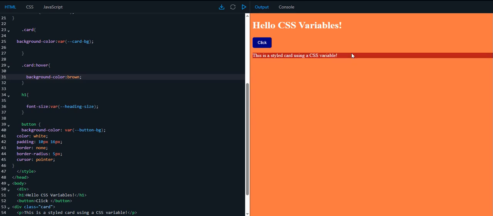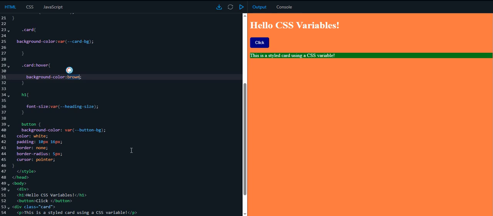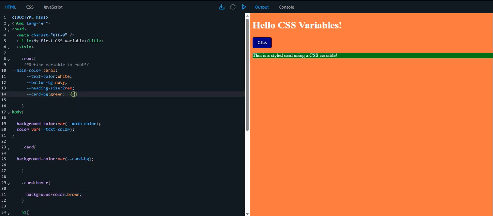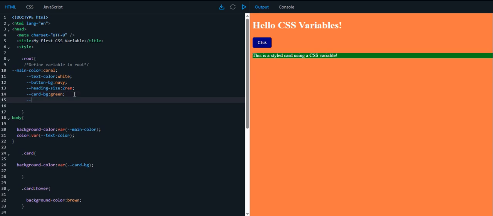Okay, it's working, because I put the hover on the card. This is the card. It's brown on hover, but I don't like this value. I would like to put a variable here, like var of the name of the variable. Okay, no problem. I go again in root, I create a new variable with two dashes in front, and now